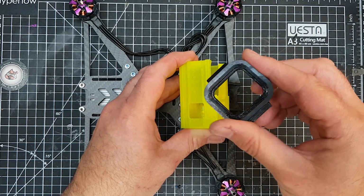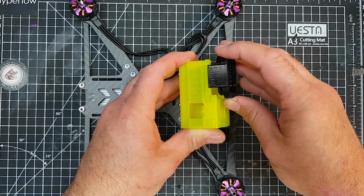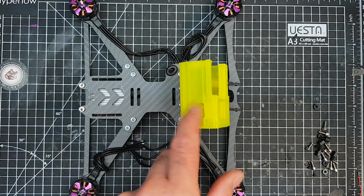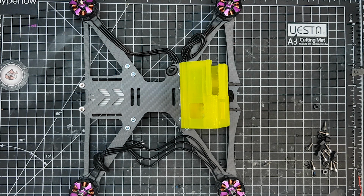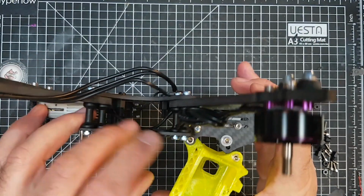A number of times I've lost the ND filter because you have a crash and it pops off, but with these guys you don't. So yeah, really good mounts from Catalyst, and they're well worth the money for this particular part. So if we just get this action cam mount out of the way, and we do that by essentially